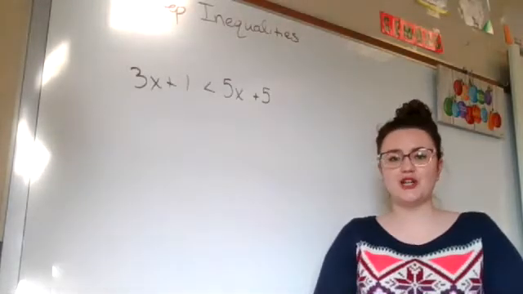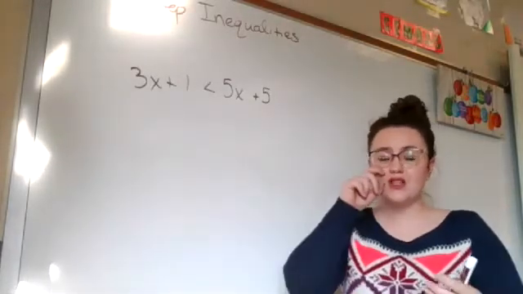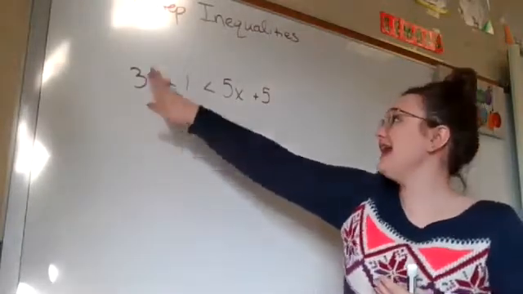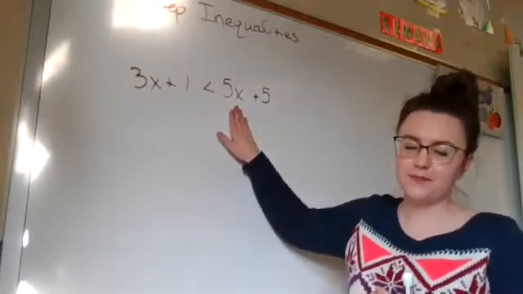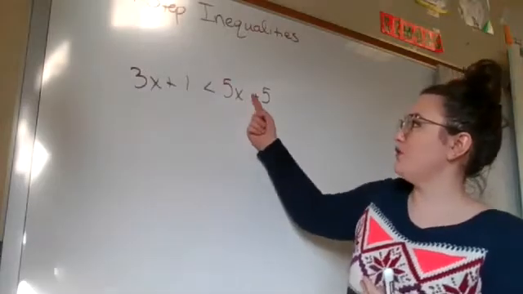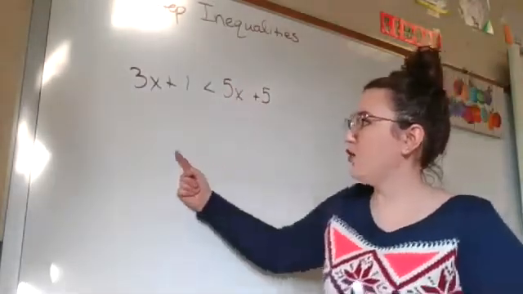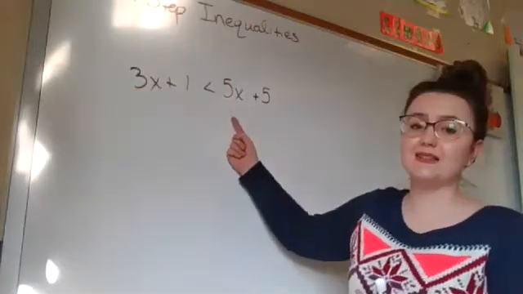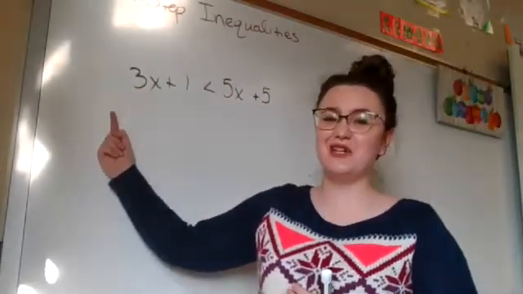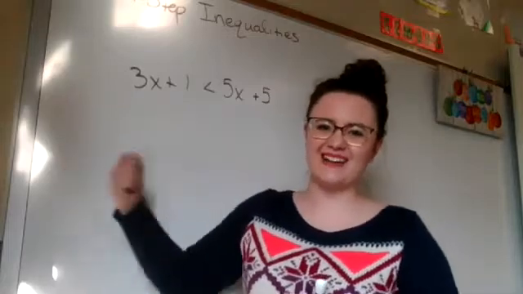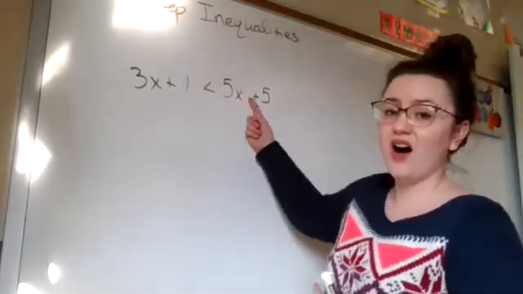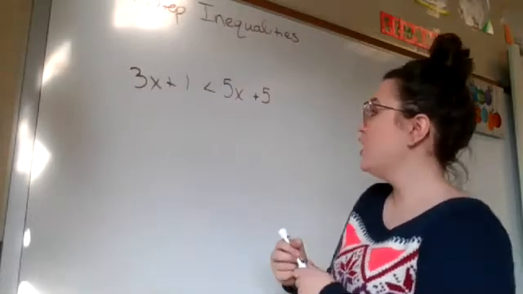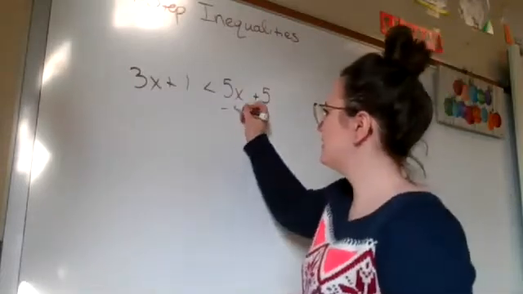My next step is to check for multiple variables. So I do have more than one variable. I have an x on the left and I have an x on the right. So I need to move this variable over here to be with the other one. If I want to move the 5x to the opposite side, I have to use the opposite operator. So if I want to move a positive 5x over, the opposite of positive 5x would be a negative 5x,